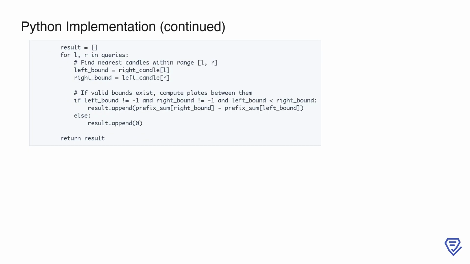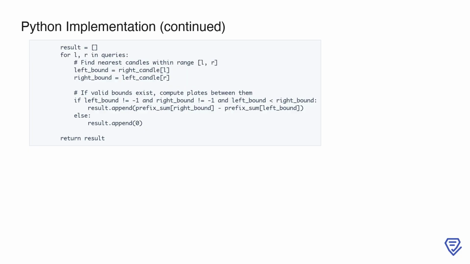Now, we process the queries using the pre-computed arrays. We initialize an empty list called result to store the answer for each query. For each query, which specifies a range, L, R, we use the right_candle array to find the nearest candle to the left of or at index L, and the left_candle array to find the nearest candle to the right of or at index R. These values, left_bound and right_bound, represent the boundaries of the valid segment of the range that